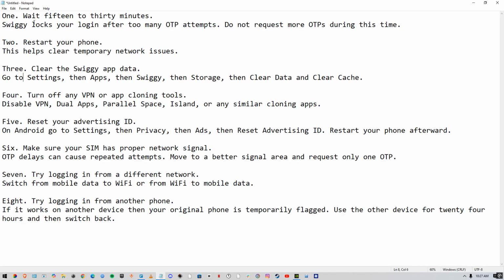And then number 3 fix is just clear the Swiggy app data. Go to settings, then apps, then Swiggy, then storage, and then clear data and clear cache. Number 4, turn off any VPN or app cloning tools. Just disable VPN, dual apps, or parallel space, island, or